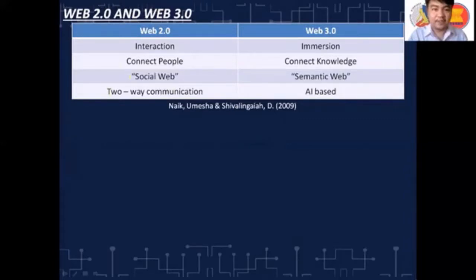So, keyword po, the social web and the semantic web. Now, ano yung semantic na yon? If we look, semantic means, ang kakambal niya ay yung AI. Bakit? Kasi po, yung semantic, pagka tinignan ninyo yung definition niya, it has something to do with the language and logic. So, tama po, artificial intelligence. However, yung Web 3.0, wala pa siya sa full blast. Kaya, currently, nandito pa tayo sa Web 2.0.